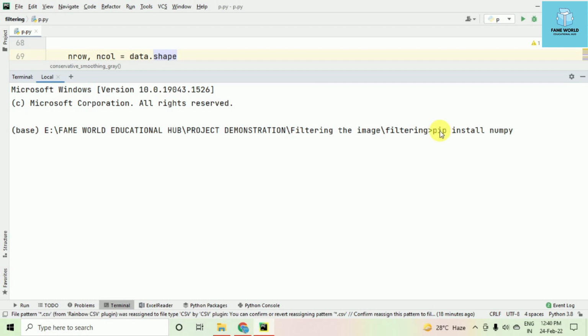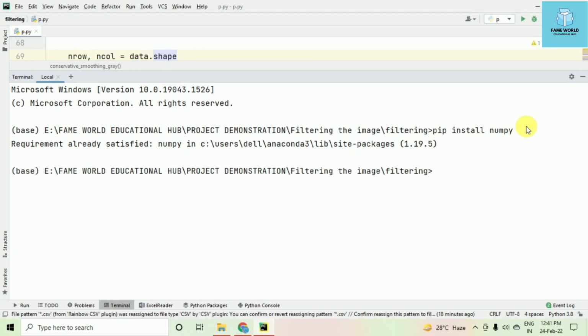numpy. So numpy is the numeric Python module. In my system it is already installed, so it will say requirement already satisfied. But in your system it will take 2 to 3 minutes over the internet to get installed. And pip stands for Python package installer. So with the help of this pip command you can install the numpy module,